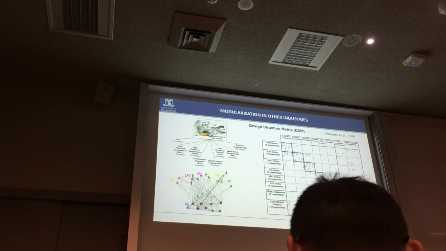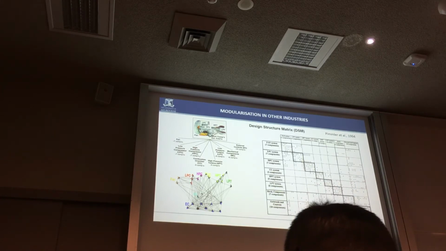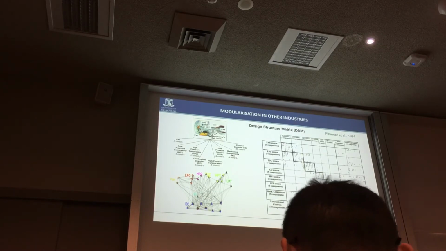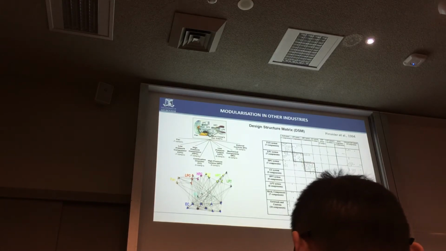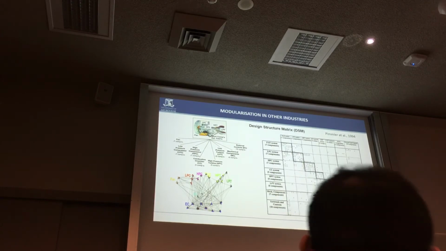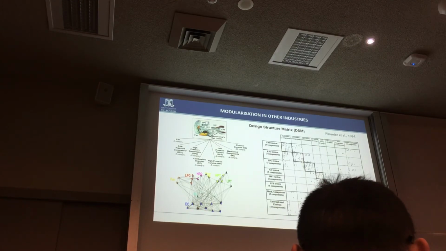So different methods used in other industries were evaluated. One of the most common structured methods used in the automobile and product development industry is the design structure matrix, or dependency structure matrix as it's often referred to, which was introduced by Steward. What this does is identify the interactions between different components and map them in either a graph-based or a matrix-based method, and then cluster the components that strongly interact, leaving weak interactions between modules.